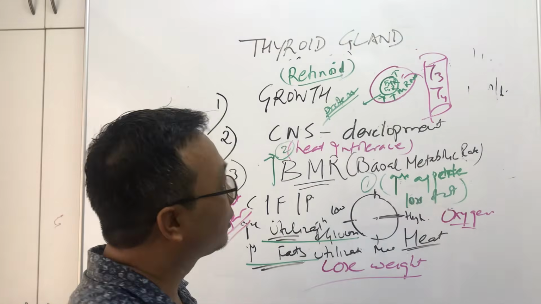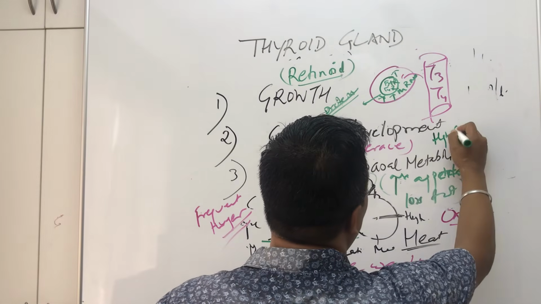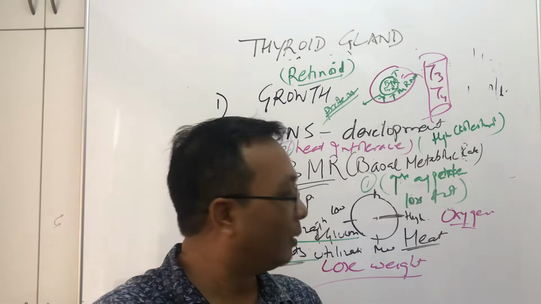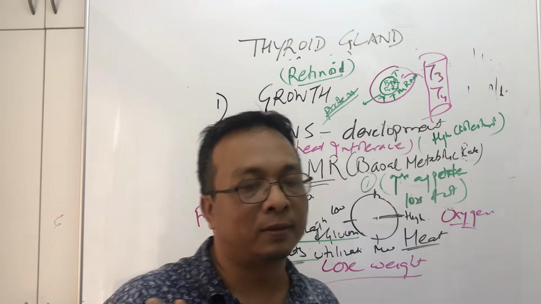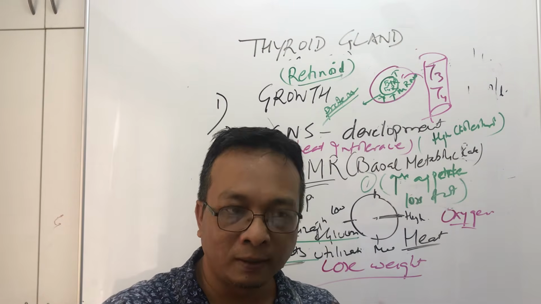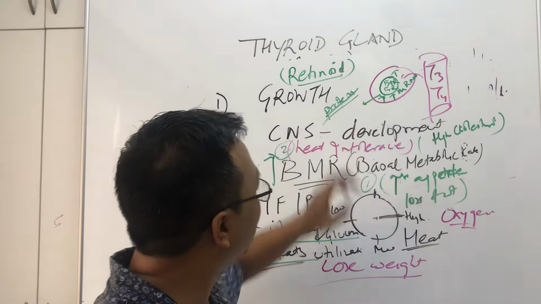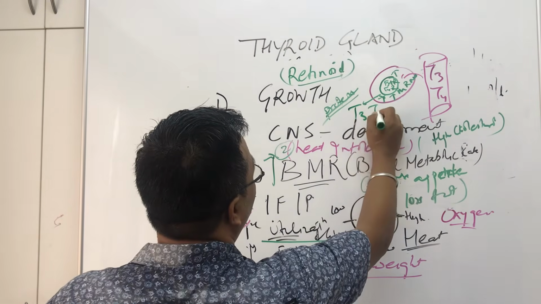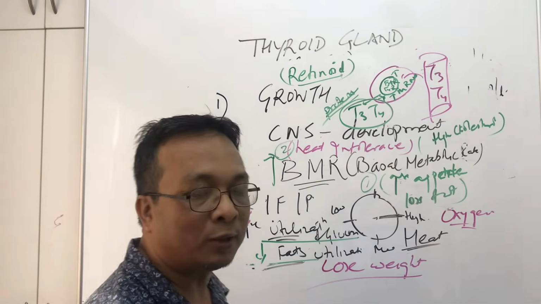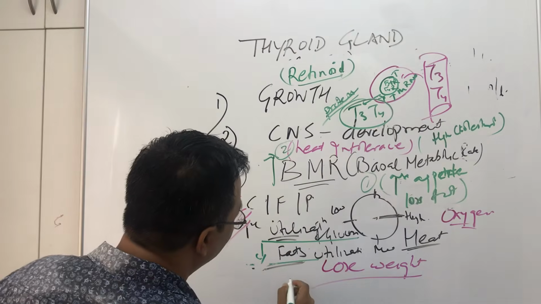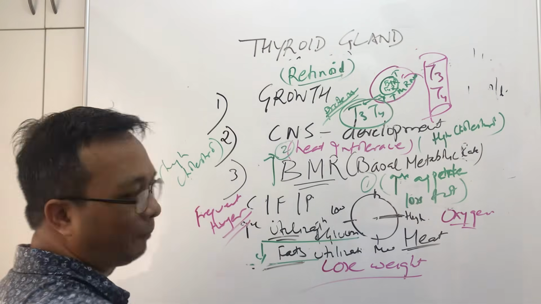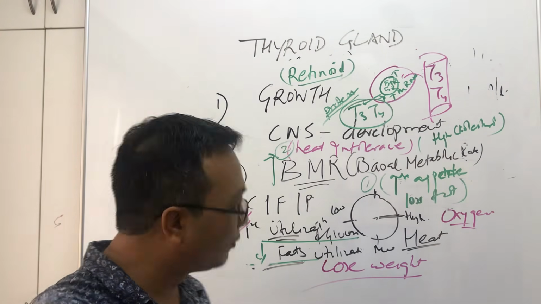That's why it is to be noted that sometimes your patient will have a high cholesterol level, and the person will say, I don't eat any fats, I am very particular about my diet, but why is my cholesterol level going up? Then you should always check what? You should always check T3 and T4 level. Because if T3 and T4 levels are down, there is less fats utilization. So when fats are utilized less, they will be deposited, right? And as a result, there will be high cholesterol running in the blood. That is also one factor.